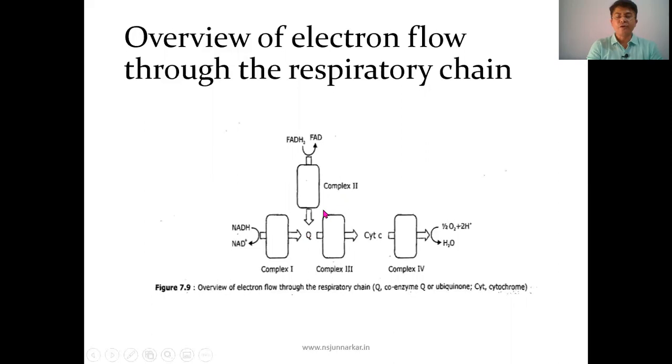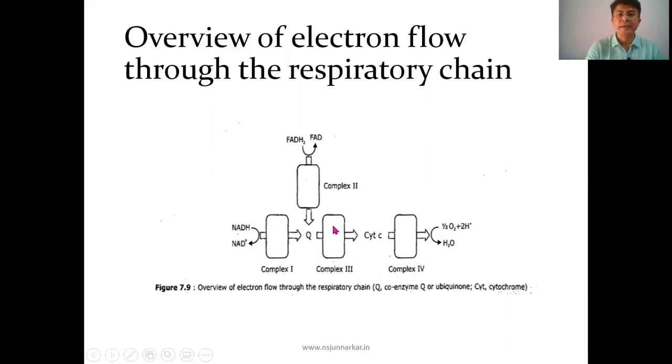In case of mitochondria, the electrons from the NADH go to complex 1, and from complex 1, the electrons are accepted by the quinones. The reduced quinones then give electrons to complex 3, and from complex 3, the electrons go to cytochrome C and then to complex 4, which in turn gives electrons to the molecular oxygen, which gets